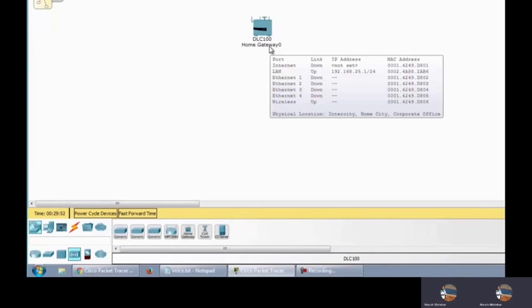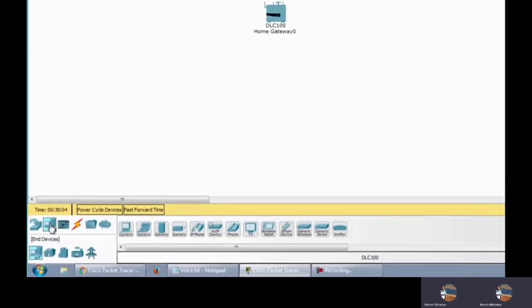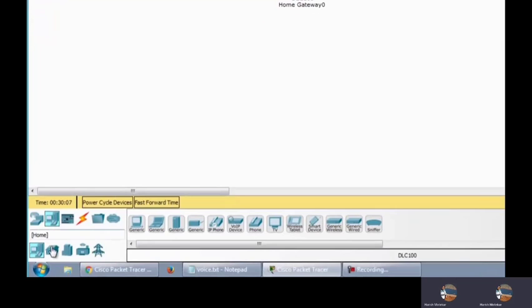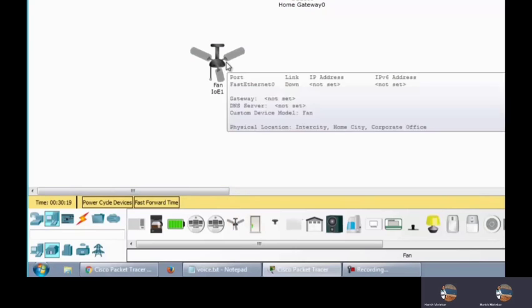Then we will take some components that will make our home a smart home, just like a smart fan, smart AC, etc. So we will see a few components. To collect all these components, we have to click on the tab that is given below home. Once we click on home, we can see here the various components are given. So I'm selecting smart fan, and very first I'll rename it.